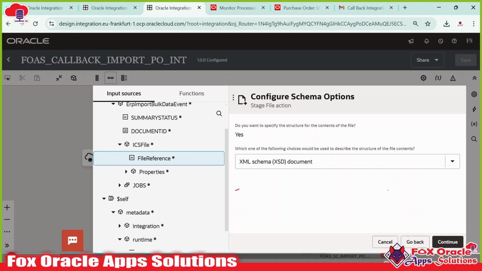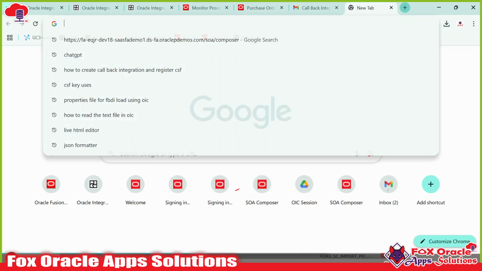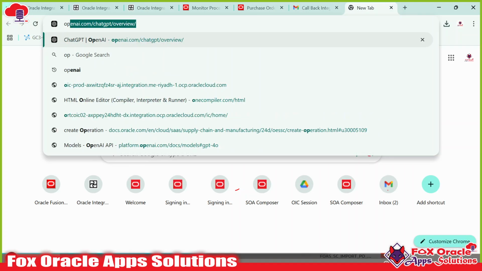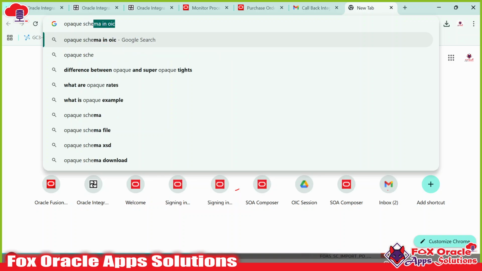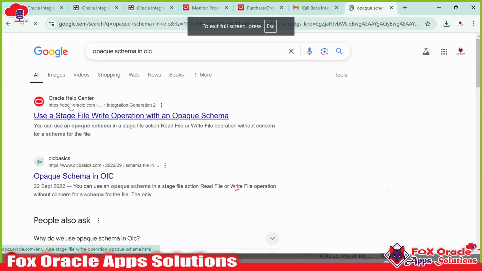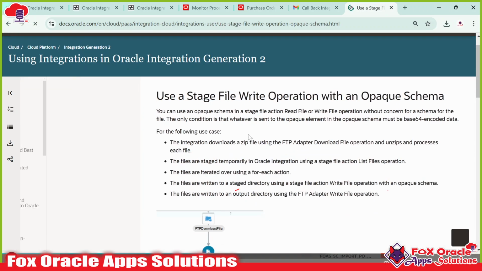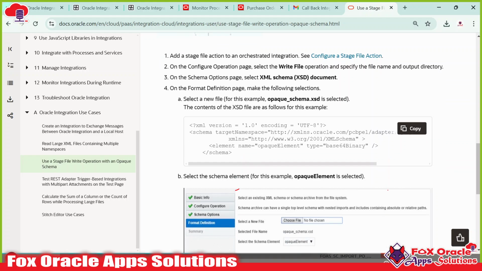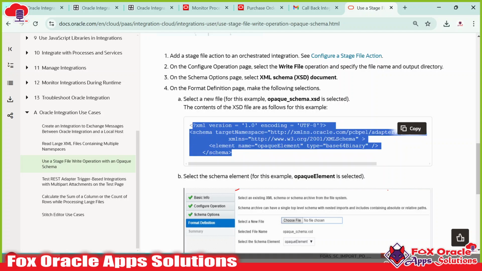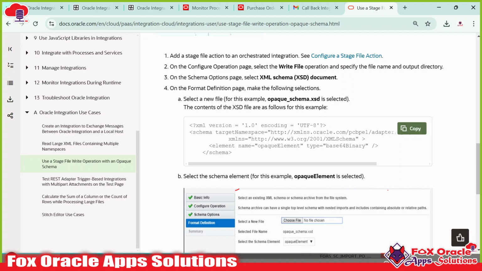So from where will you get the XSD schema or the opaque schema? Just go and do a Google search for opaque schema in OIC. And here you can see the Oracle doc page. Just click here, and here Oracle provided the schema. That opaque schema is nothing but a set of code which is responsible for converting the base 64 code into the actual file, right? So this is the actual code of that opaque schema. You can just copy this code, and they're saying to save this code as an XSD file,